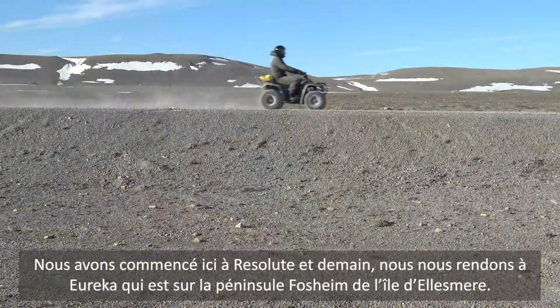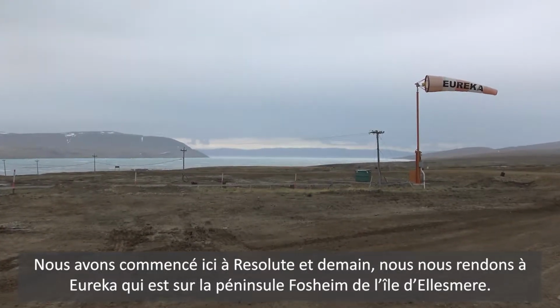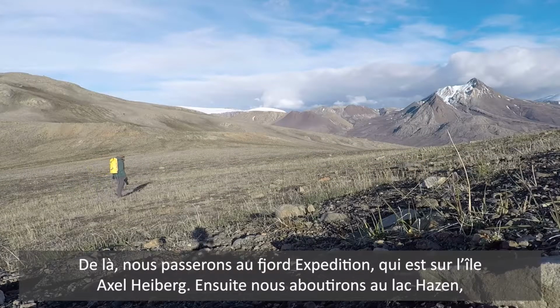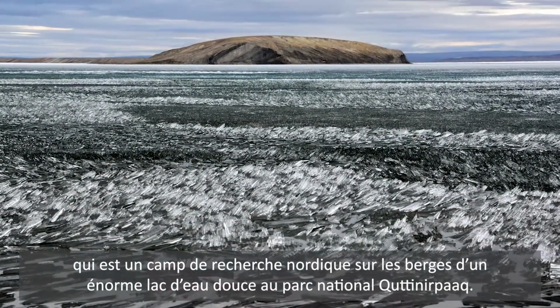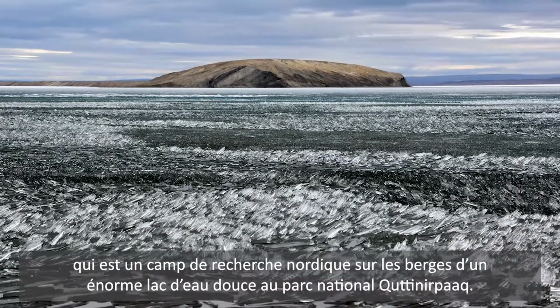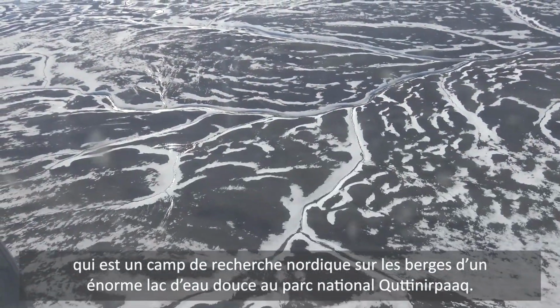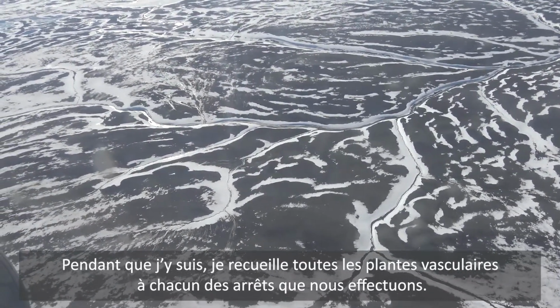We started here in Resolute and tomorrow we're going to head to Eureka, which is on the Fosheim Peninsula of Ellesmere Island. From there we'll pop over to Expedition Fjord, which is on Axel Heiberg Island, and then we'll end up at Lake Hazen, which is a northern research camp on the side of this massive freshwater lake in Quttinirpaaq National Park. So while I'm up here, I'm collecting all of the vascular plants at each of the stops that